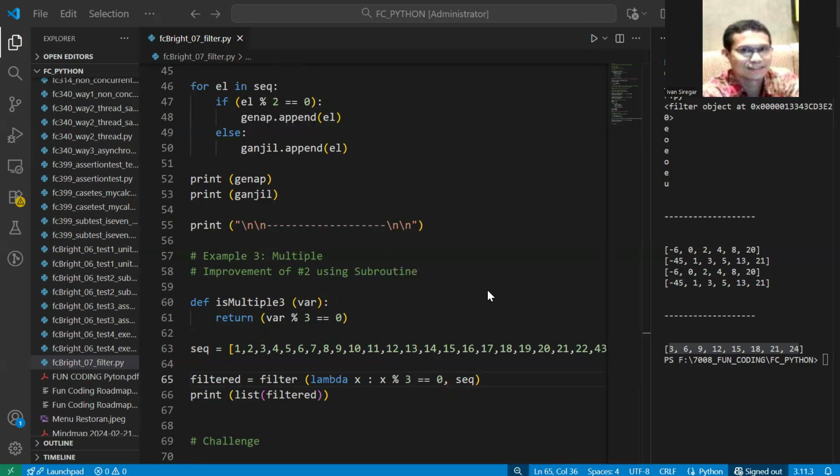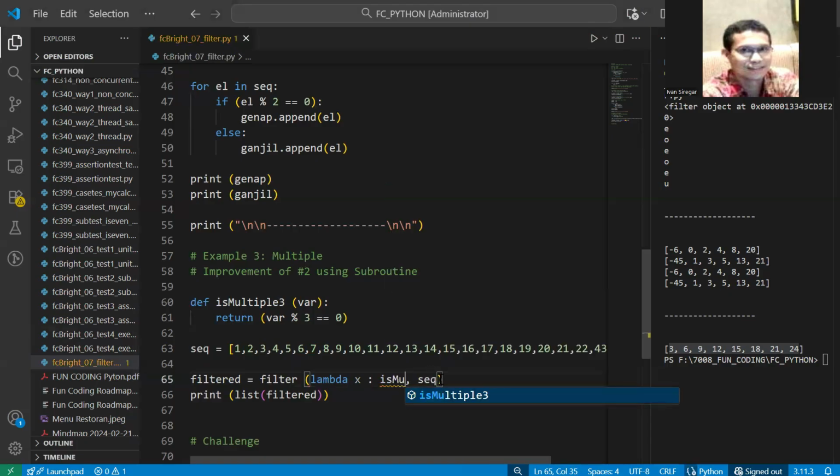So instead of this, because this actually is the function itself, we call is multiple 3, and this will replace this. So is multiple 3 with the parameter: I remove this, and it becomes is multiple 3 with parameter x.